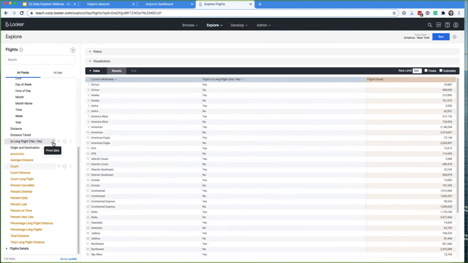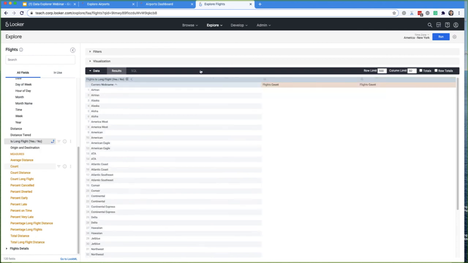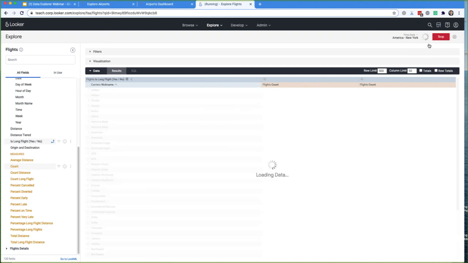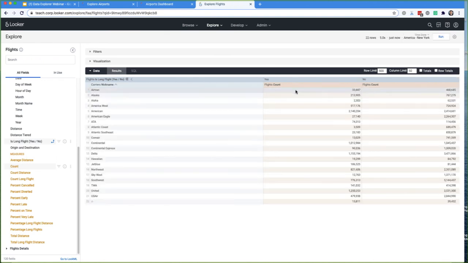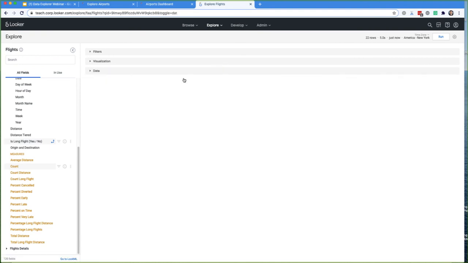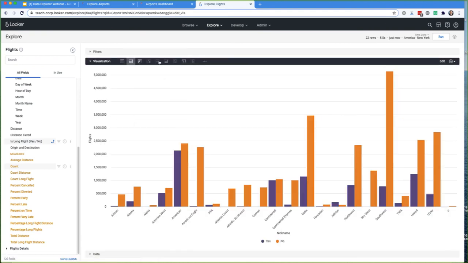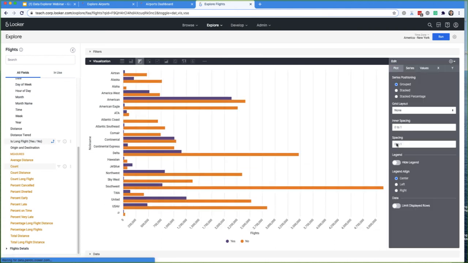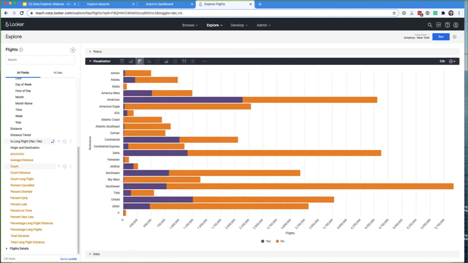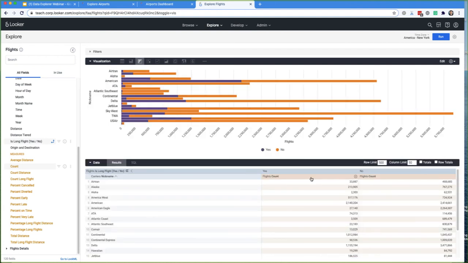What would be easier to do is if you click this pivot data option, or you can also pivot or unpivot data inside of the gear icon. If we run this, we'll get that same unique list of carriers, but now I'm more easily able to see my short flights or my long flights positionally. And even in a table, this isn't totally readable, I would say. But if we chose a bar chart and changed it to stacked, and maybe if we sorted, instead of on the name, on the yes flight count,